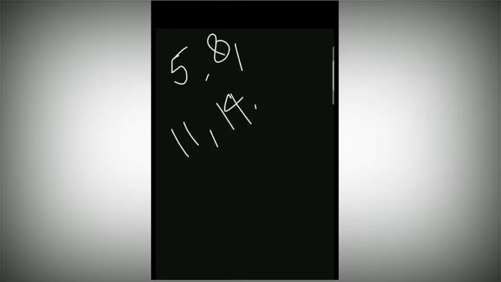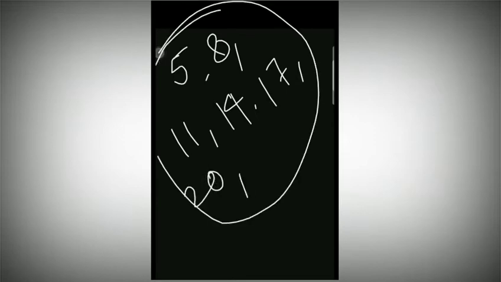Suppose you are given a number 5, and you have to add 3, always add 3, then the next number you will get is 8, then 11, then the next number will be 14, then 17, then 20. Then you can check what is the difference in the consecutive numbers.